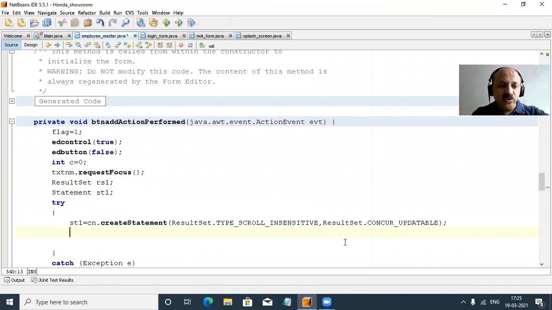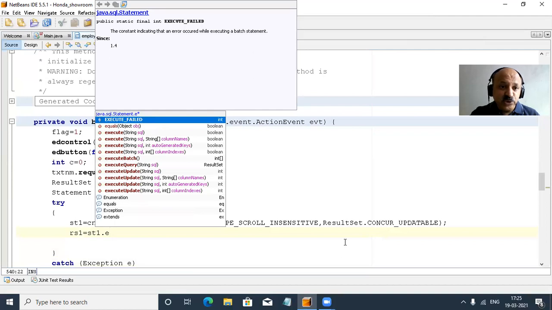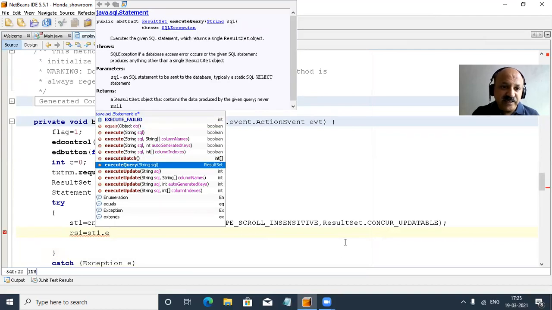So yes, now what to do? First rs1 and statement, that we execute. Yes, you can use execute query, which returns a result set variable or object.